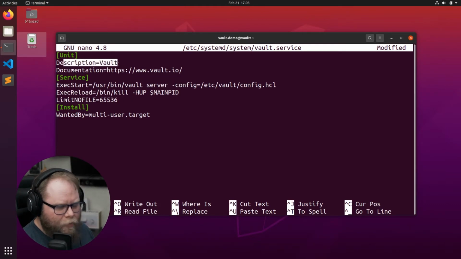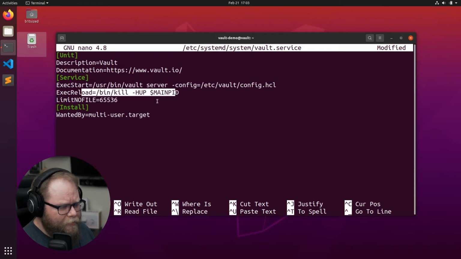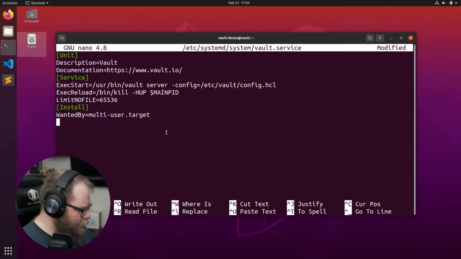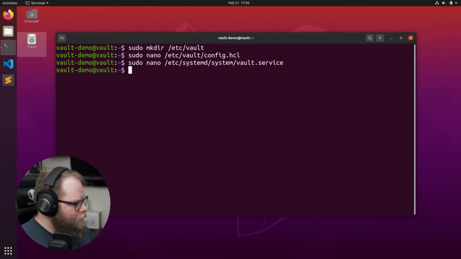Similar thing. We're going to tell it it's Vault. We're going to say to load. Here's the location of that config file. If anything happens to kill that service, and it can be used by anyone on this server. Control X. Yep. And then we'll need to reload